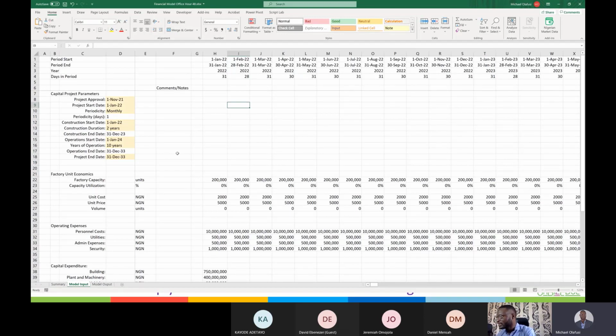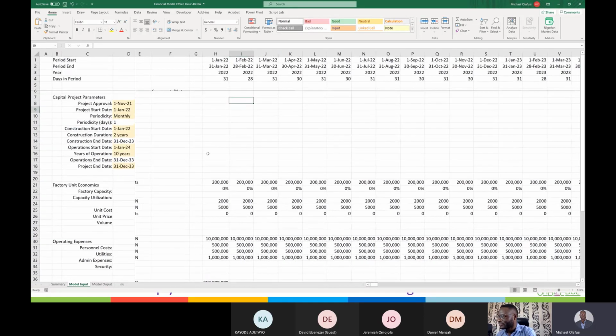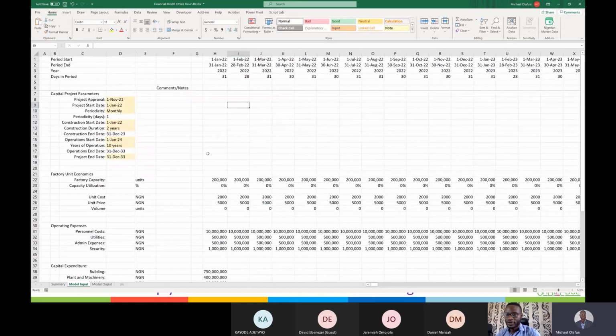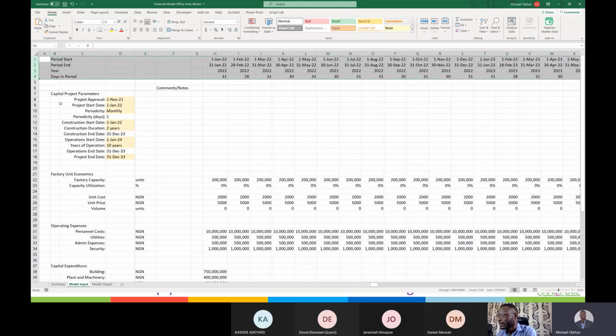So there are many ways to the same market, as we say, but here is one of the commonest ways of evaluating an internal capital project. This is a very common approach. If you come across 20 different project appraisal models, you will find a lot of repeated patterns in what I have in there, where we have a period start, something like this, and then you will have